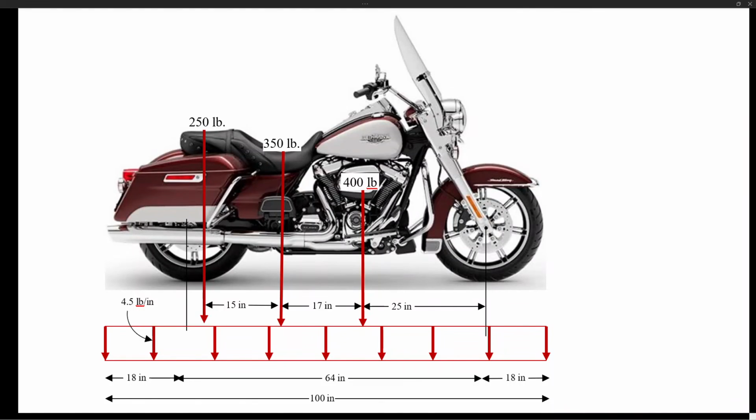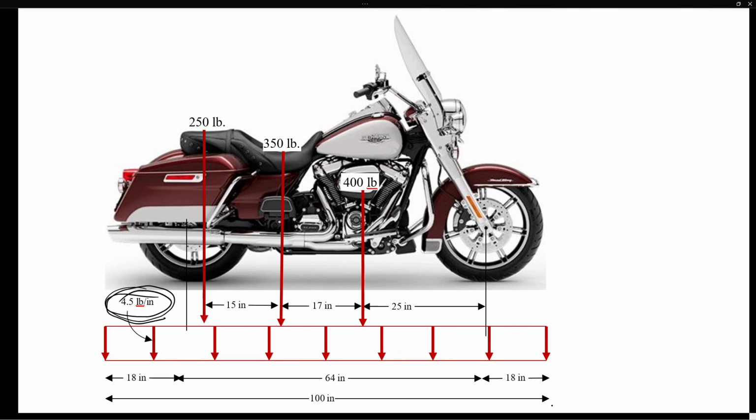Reaction force calculation, uniformly distributed loading situation. So this is called the uniformly distributed load. Previously we have seen that the motorcycle chassis weight was given as a concentrated load in the middle. In this case, we are assuming that it is uniformly distributed at 4.5 pounds per inch across the 100 inches